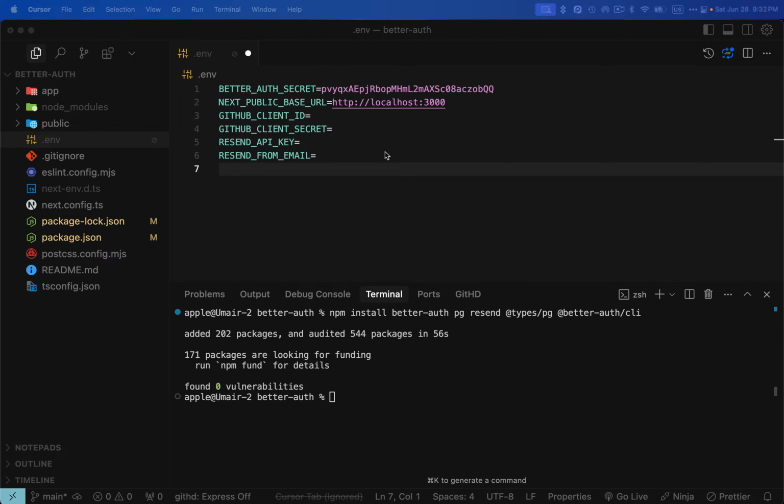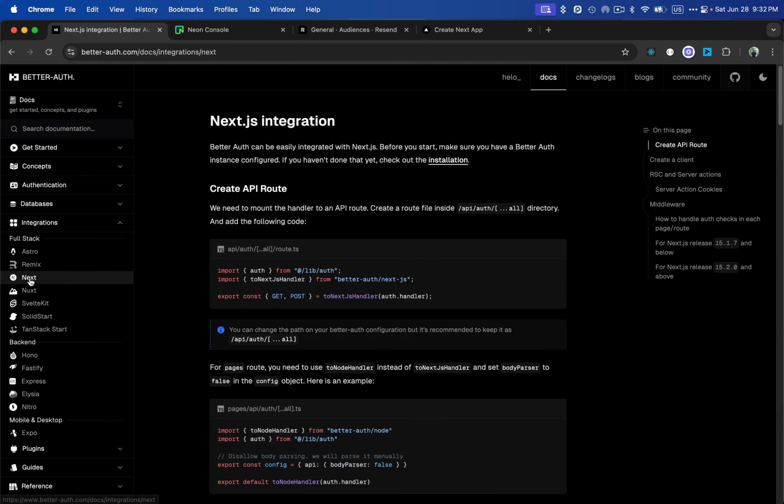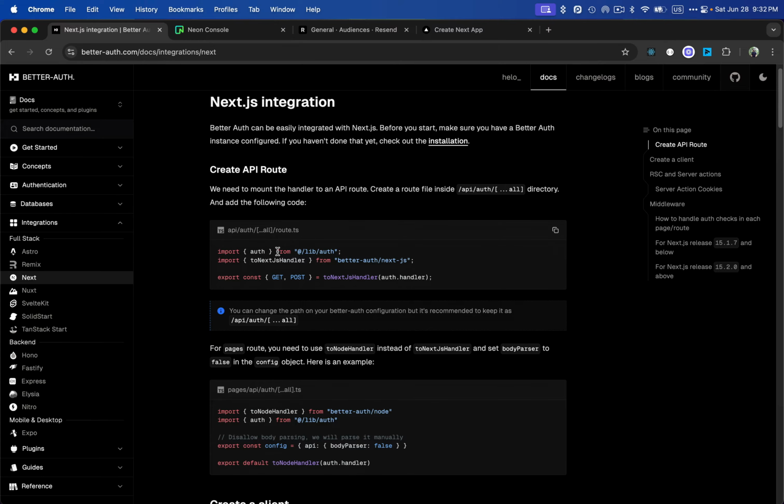And then lastly we will be needing the database URI, which we'll be generating. We can have 3 ways to create that. We can use any kind of database: MongoDB, SQLite, Postgres. I'll be using a Postgres database for this particular app. So if I go to the docs, let's go to the Next.js, and it is showing us that